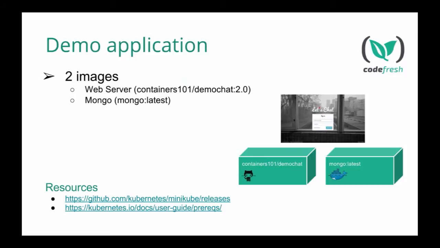What I will be using today, which is very convenient, especially if you're a developer and you want to play around with Kubernetes, is Minikube. Minikube is kind of a minimized version of Kubernetes that you can install locally on your Mac or on any other operating system,